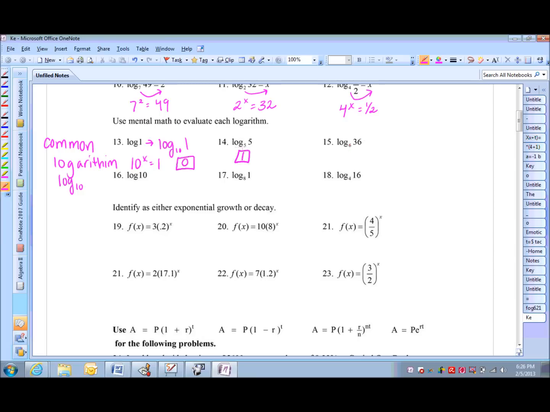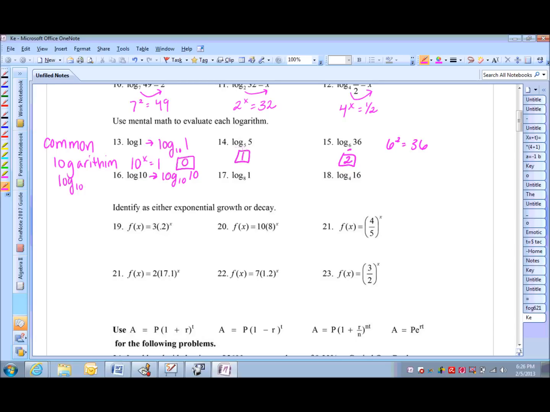In number 15, we look at what power we could raise our base of 6 to give us 36. And we know that 6 squared equals 36. So log base 6 of 36 is equal to 2. Okay, in problem 16, we notice that there's no base, so we have to assume that it's log base 10